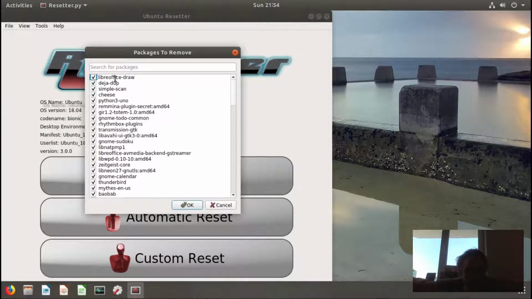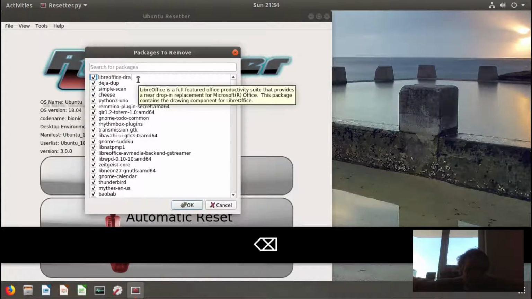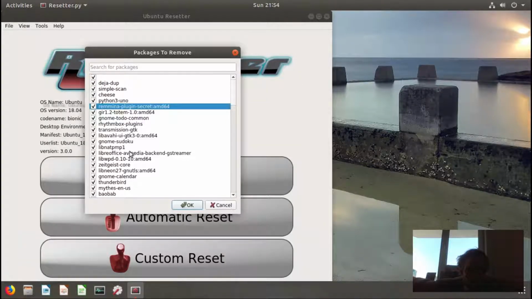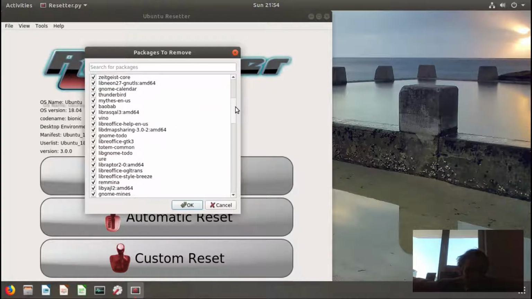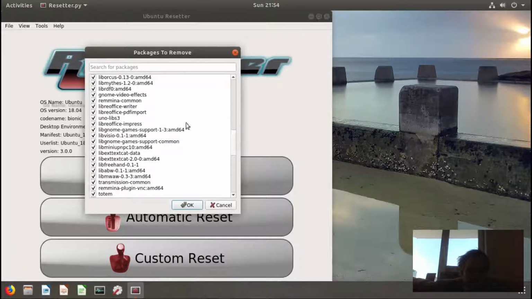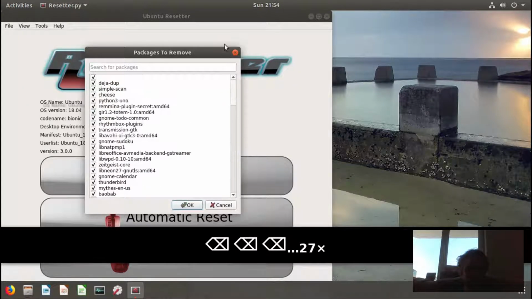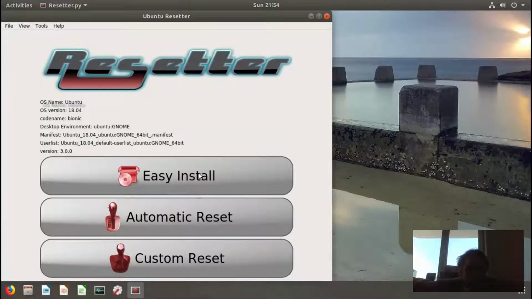Can I keep it or not? Okay, so let's say we got to keep LibreOffice Writer. I'm not sure if this will work, so let's see if those two are there.